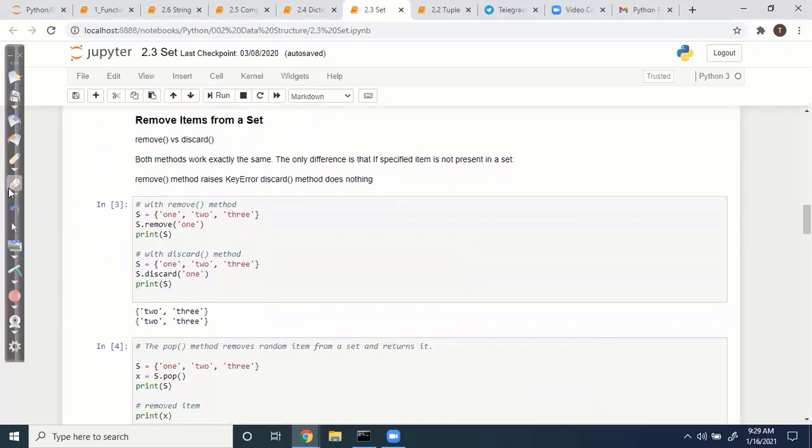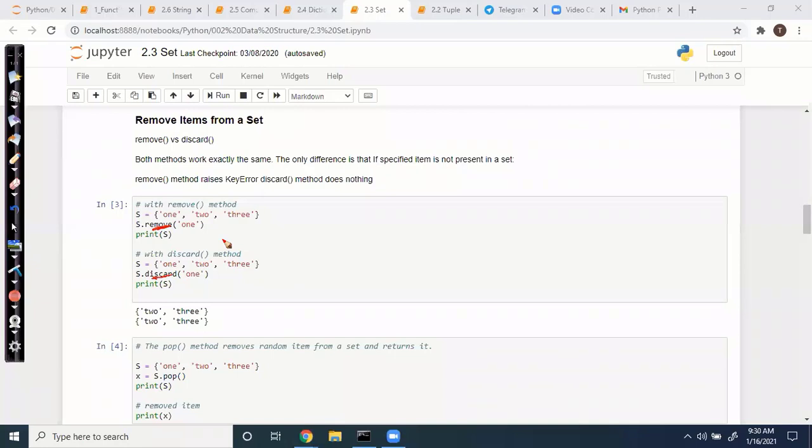You can use the remove function or discard function. What is the difference? Both methods work exactly the same. The only difference is if the item is not present, the remove method will throw an error, but the discard method doesn't throw anything.